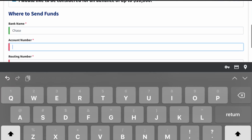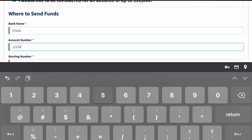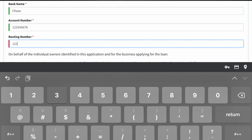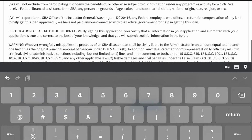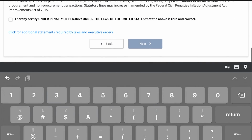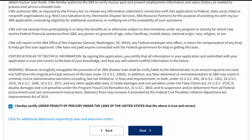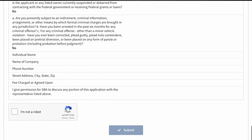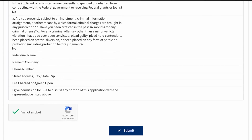whatever bank that you bank at, your account number. There we go. And the routing number. I'm just going to type it in until it goes green there and scroll down. And under penalty of perjury, check that off. Then click next. And then you can see a summary of everything that you filled out. Click the box that you're not a robot and then click submit. I'm not going to click submit because this is a fictitious application,